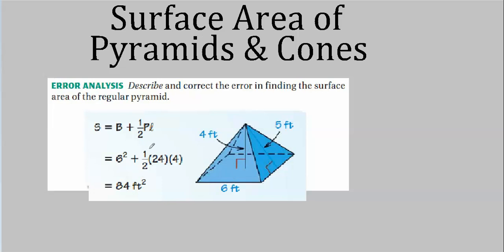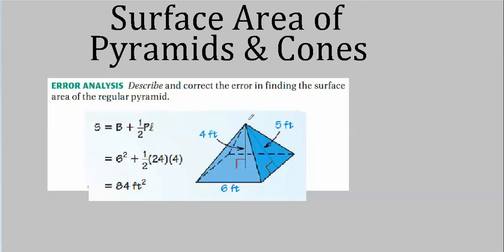The 1/2 in the front, that's the formula for the lateral surface of the pyramid. That fits. And the 4, well, that's the... Oh, wait a minute. This is supposed to be the slant height, which is actually the altitude for this triangle. And that's what we're going to use, after all.